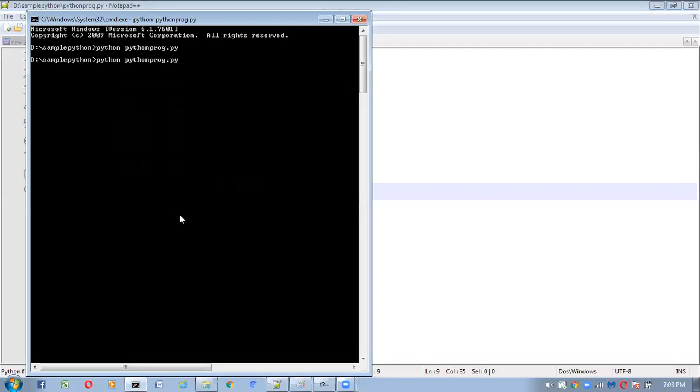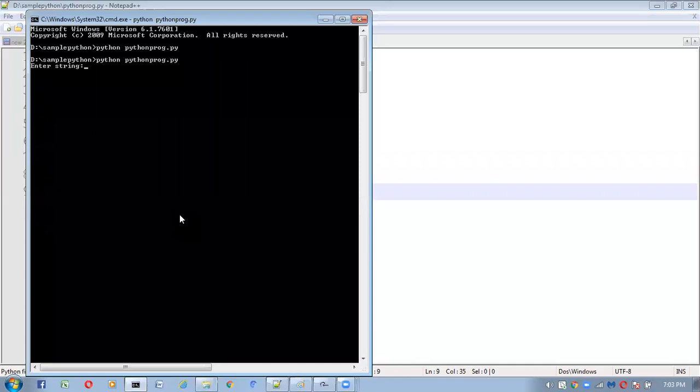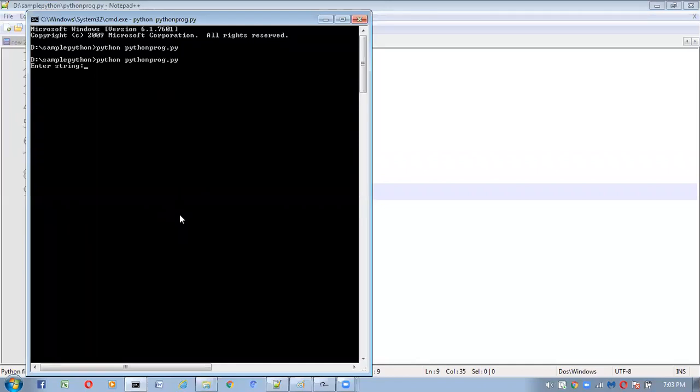It will ask enter a string. First I am taking the string from the keyboard. See, it is asking enter string. Here I am taking hello. What are we getting?